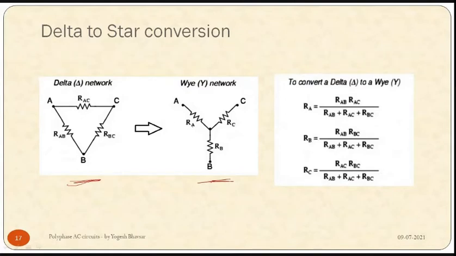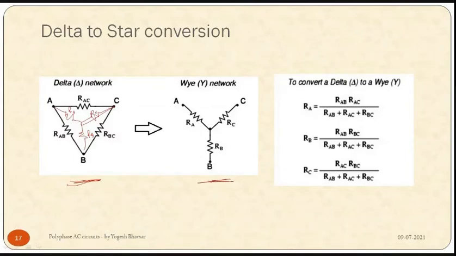So at point A, there is resistance RA. At point B, there is RB. And at point C, there is RC. Now, when we combine both these diagrams, look at it. Here it will be RA, here it will be RC, and here it will be RB. Look at that. This is RB, this is RA, and this is RC. Now this is a combined diagram.